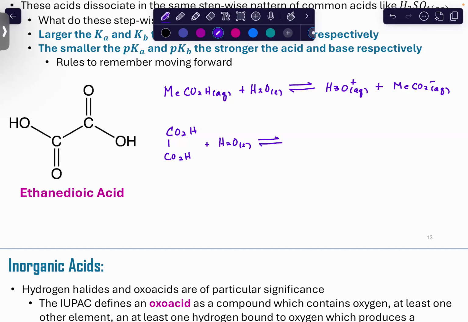Now we're going to get our hydronium, and of course one of these will be minus. The other still has its proton. And so for this one, the Ka is